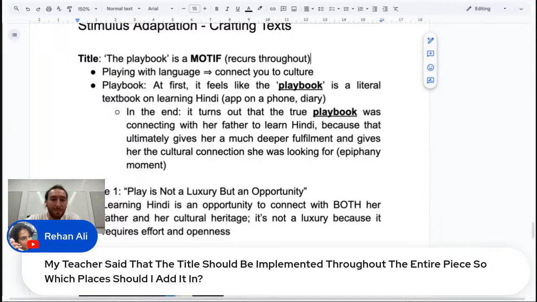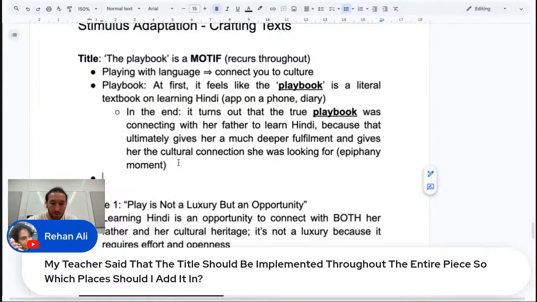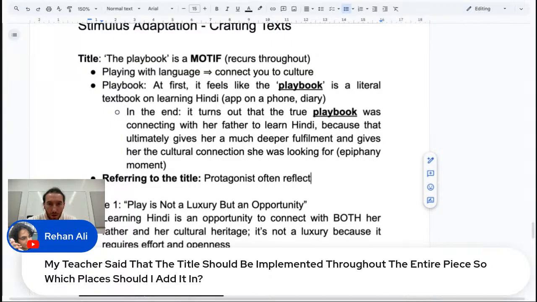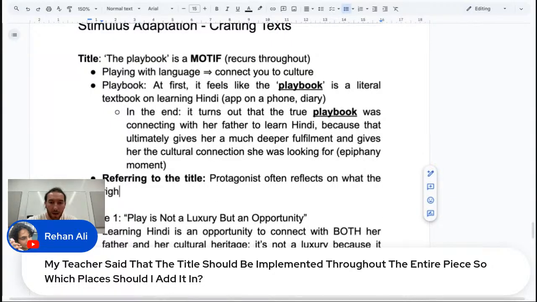So the playbook is a motif. It recurs throughout. In terms of how to use it, the protagonist often reflects on what the right playbook is. I've tried everything. I've tried studying it. I've tried Duolingo.